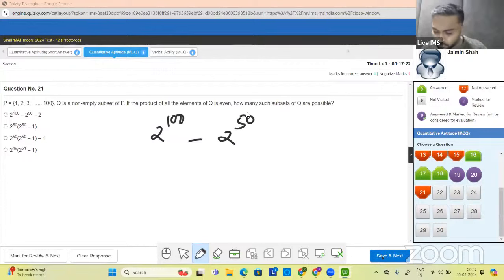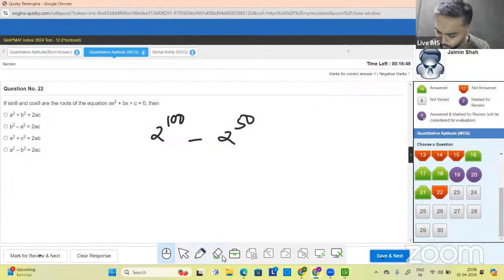ठीक है, इसमें क्या गलती कुछ, आर वी मिसिंग आउट ऑफ एनीथिंग? ऑल द प्रोडक्ट ऑफ क्यू इज इवन, तो सारे ऑड वाले टर्म निकाल दिए हमने, ऑड सबसेट्स क्यू आर पॉसिबल। ये ऑप्शन में बी ऑप्शन है। बी ऑप्शन, लेट्स गो अहेड।